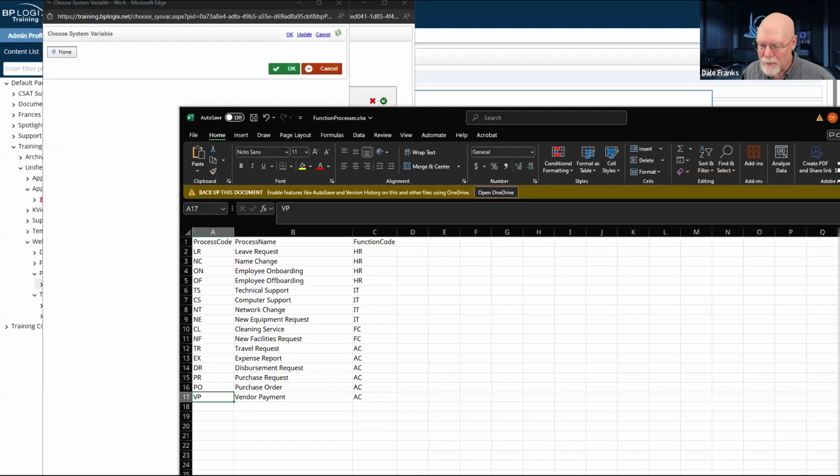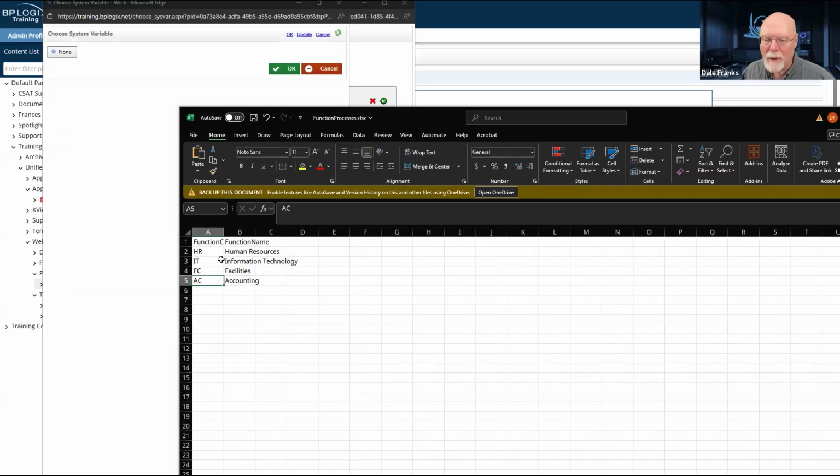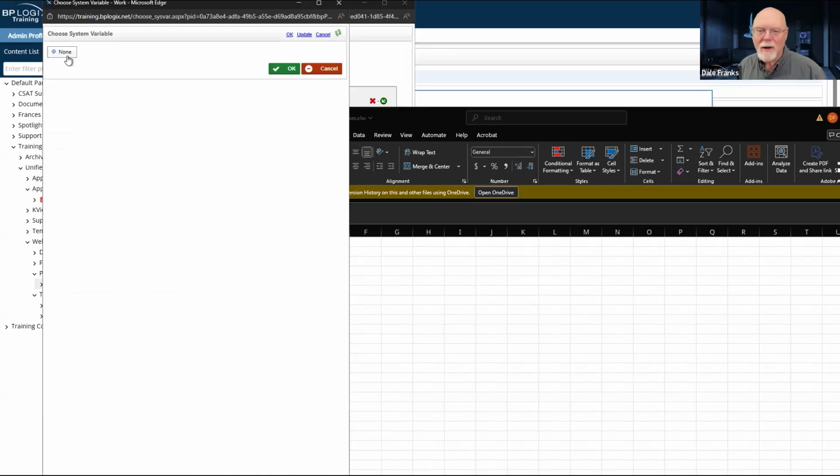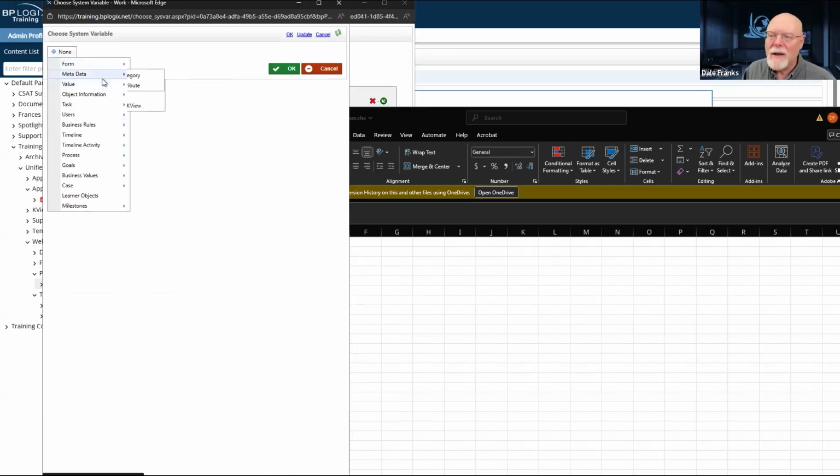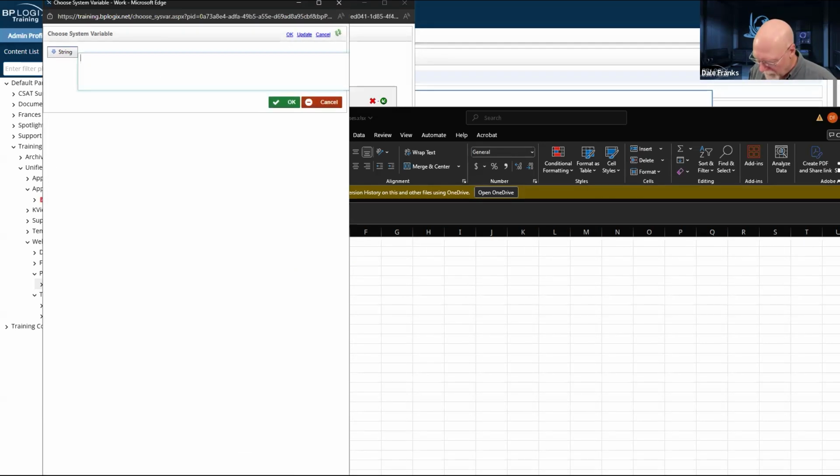And this time, since we're evaluating the functions, let's take a look at them. HR, IT, and facilities is FC. Okay, so this is IT, I guess. So we will set our string there, and we'll look at our function field.